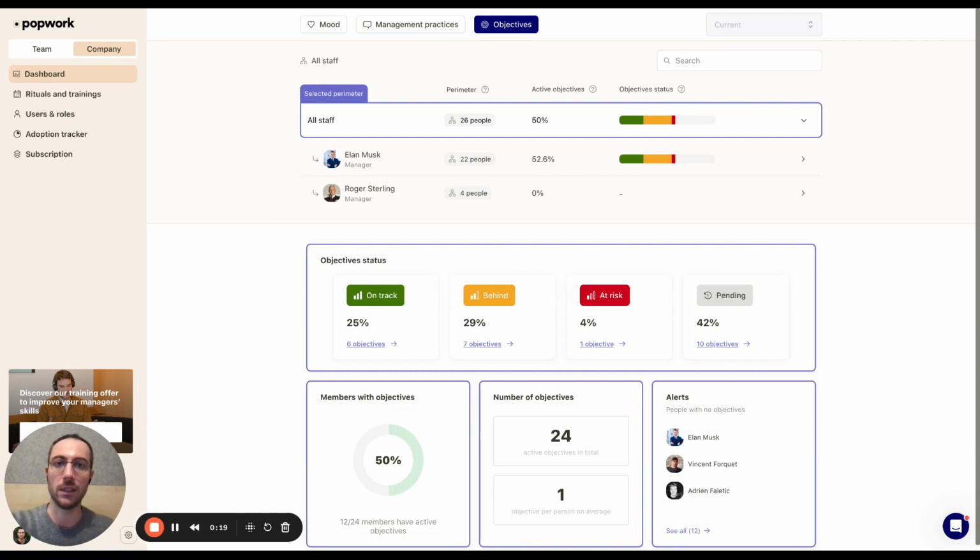The first thing that you can see on the dashboard is the goals adoption. So here I can see that 50% of employees have objectives defined currently. That is the case for more than half of Elon Musk employees, and that 0% of Roger Sterling's teams have